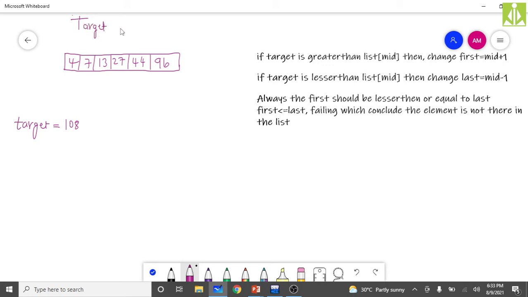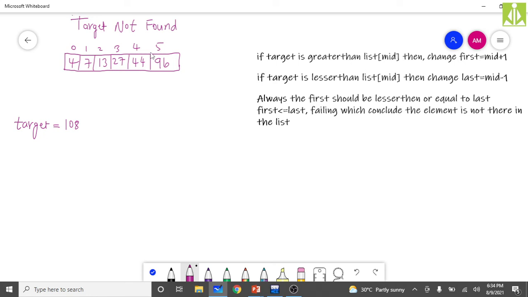Target not found. So in case of target not found, how do we conclude? Based on what condition do we conclude the binary search, that the target is not there in the list? Over here, the index values you put: 0, 1, 2, 3, 4, 5.